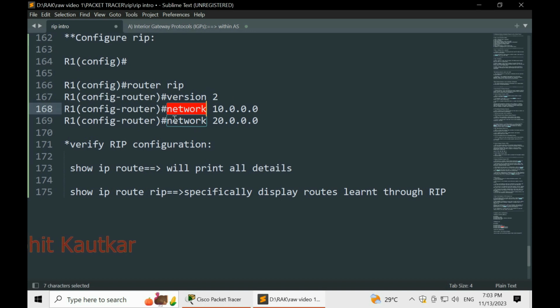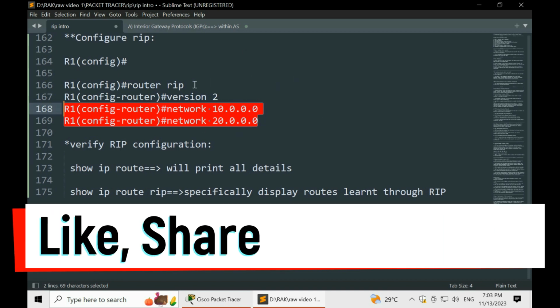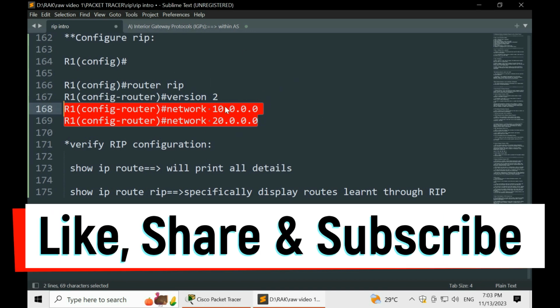The network command specifies the network address which we want to provide to the routing information protocol, so it can learn the new available paths. In this example, we are specifying two networks here, 10.0.0.0 and 20.0.0.0. So this router will learn about these two networks.